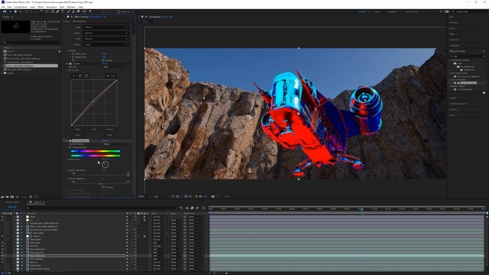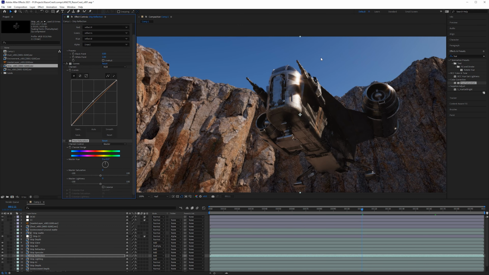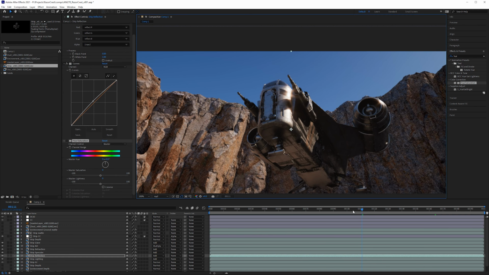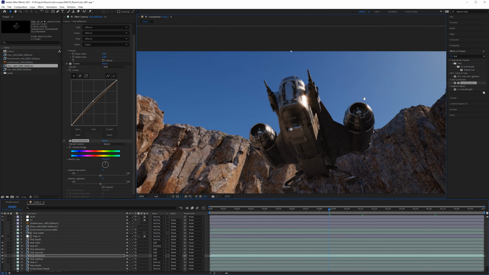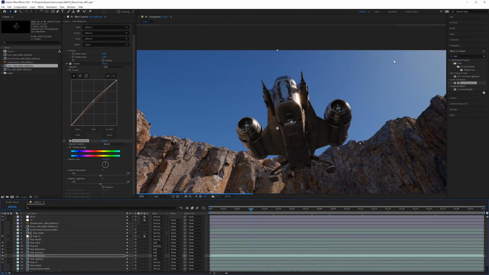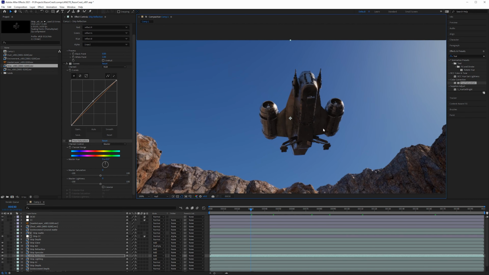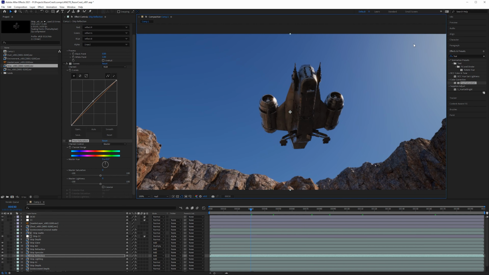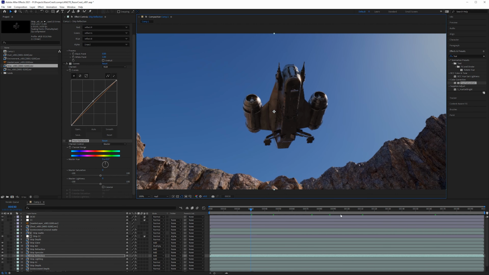So we could crank this up and get really saturated so we can see the colors more clearly. And we could change this. This is going to look very awful if we have it saturated so much, but let's say the sky was supposed to be green. We could add a slight green tint by doing something like that. Not something I recommend for this. Let's keep the sky blue. It's going to make it more realistic. But I would like to add some clouds in here, and I'll show you what to do on that if you want to re-render out the sky pass with some HDR clouds, basically. So you can combine your sunlight with clouds, no problem.